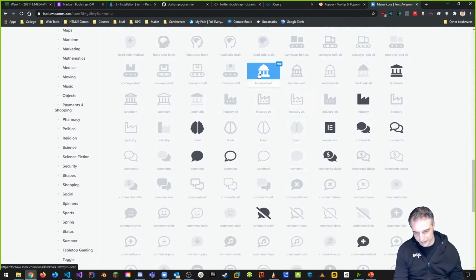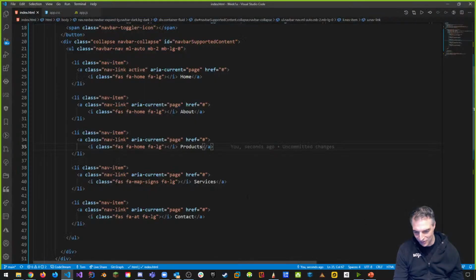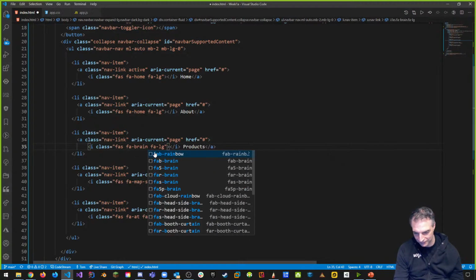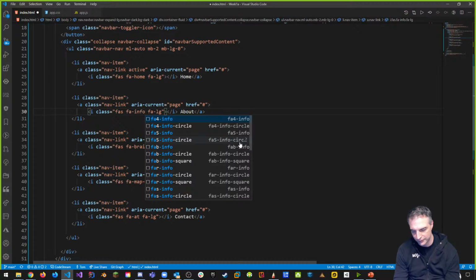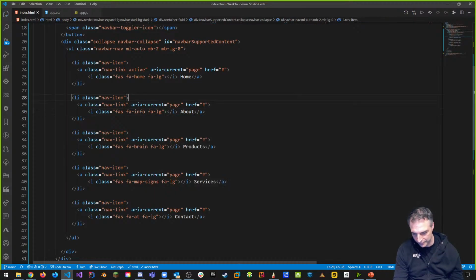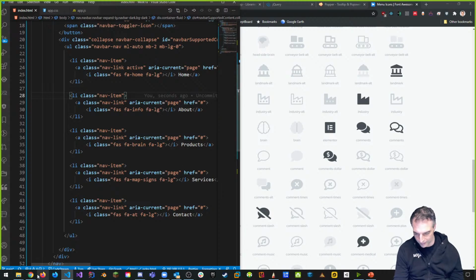And sometimes we can be creative and just like, I want brain as my products, all right? So we can just put in brain for the products. It's up to you, or a cog or something like that, okay? And I know there's one that's really cool for about, which is info. Let's just use info. So if I press save here, and now if I scroll back,